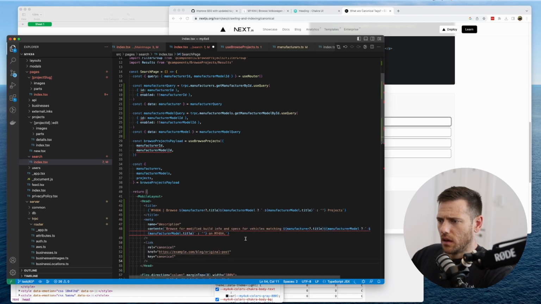Right. So what we want to do is we want to say all the correct links. The reason we have this is we have two domains. You have my4x4.info and you also have www.my4x4.info. We want Google to always just index one of them. And the one that we want to index is www. Right? Now, the page that we're looking at,